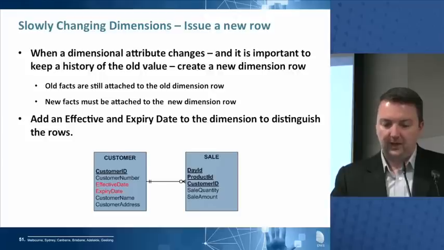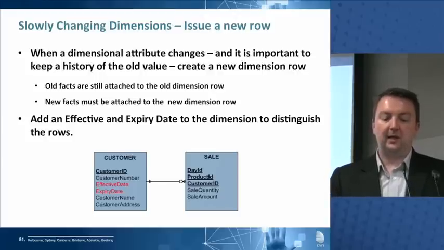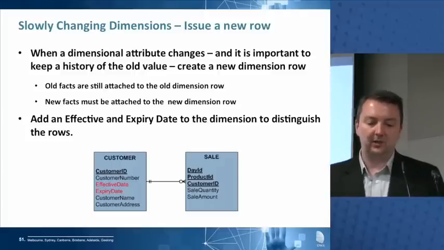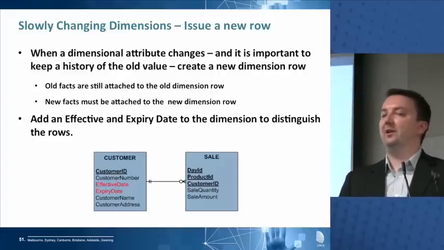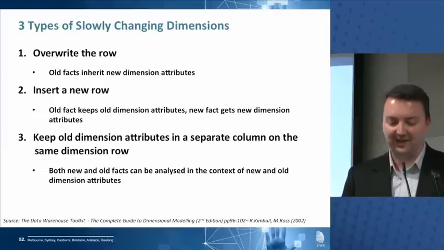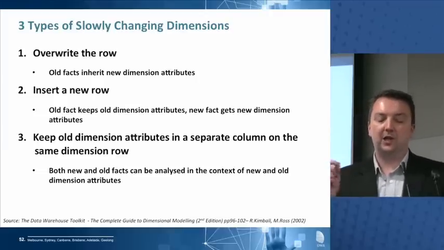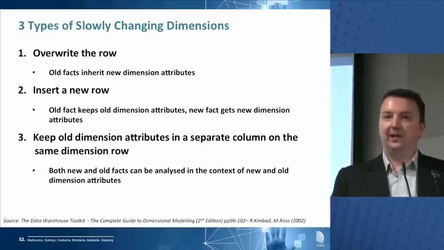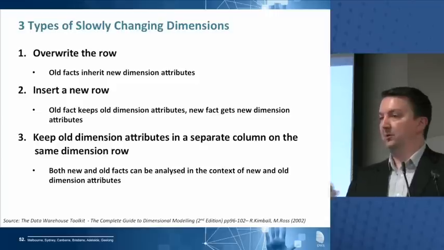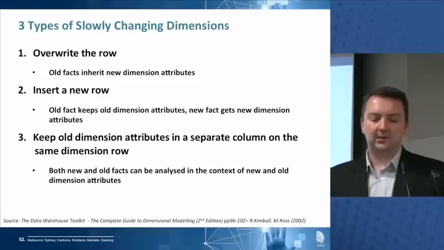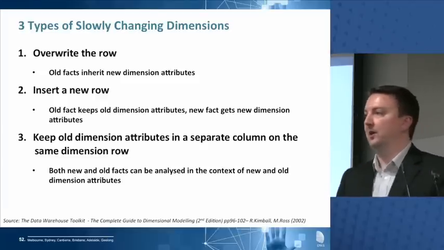So that way of handling a changing dimension is called a Type 2 slowly changed dimension. Has anyone heard of slowly changed dimensions? Okay. There's 3 ways to deal with changing dimensional attributes. One, the way that I said not to do before, is overwrite the row. Sometimes that's acceptable. If we're talking about the customer's name, for instance, we're not interested in the old name, just overwrite the row. That's fine. It's a way of dealing with it.